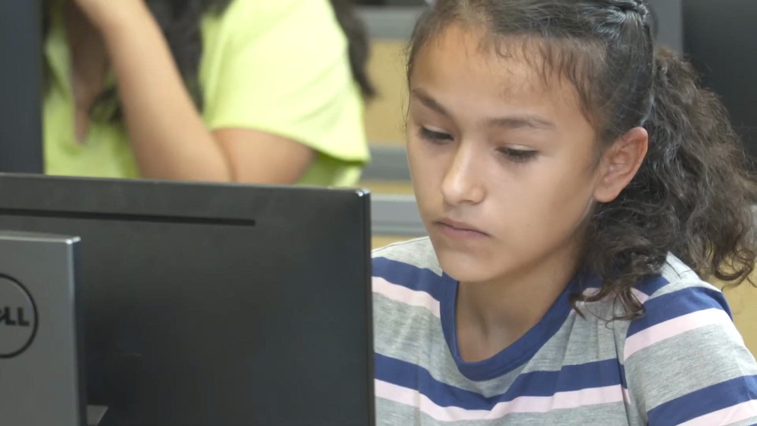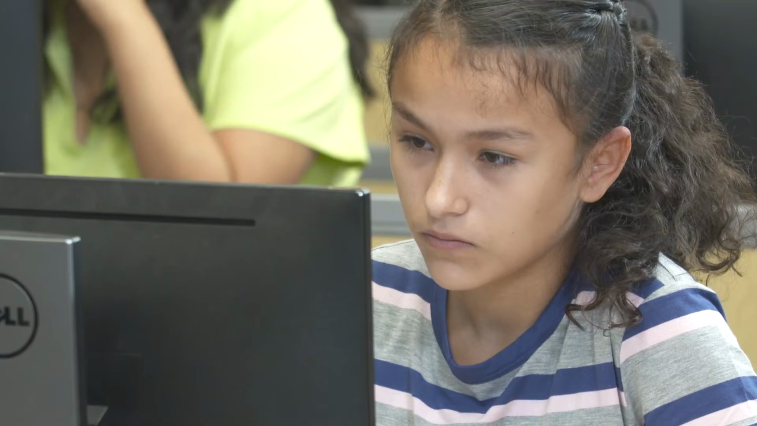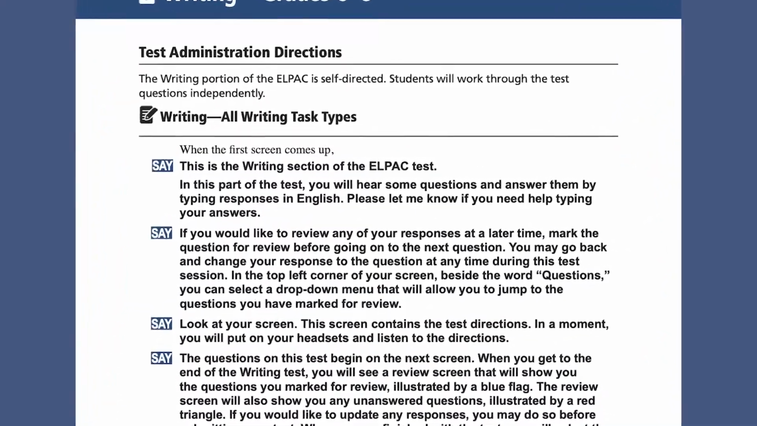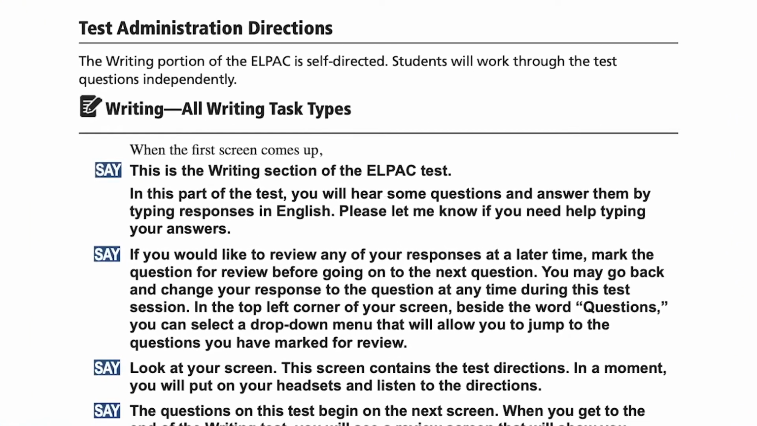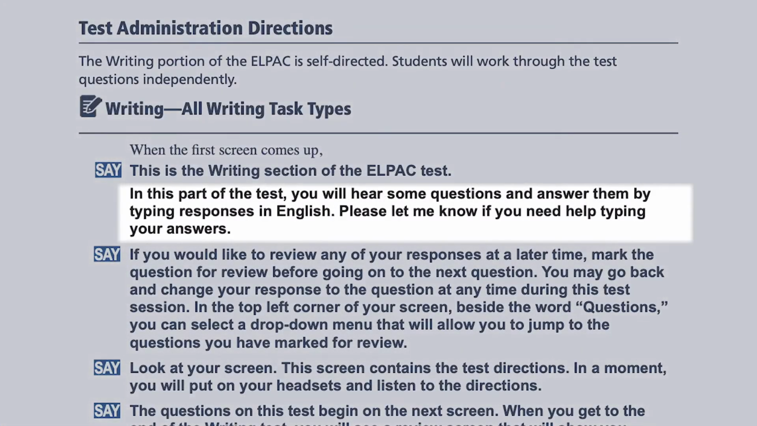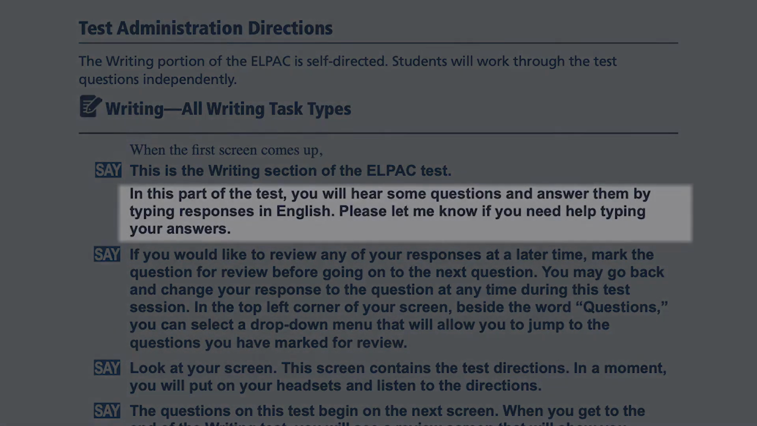This is the writing section of the LPAC test. In this part of the test, you will hear some questions and answer them by typing responses in English. Please let me know if you need help typing your answers. If you would like to review